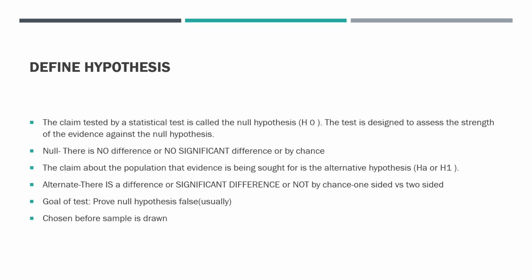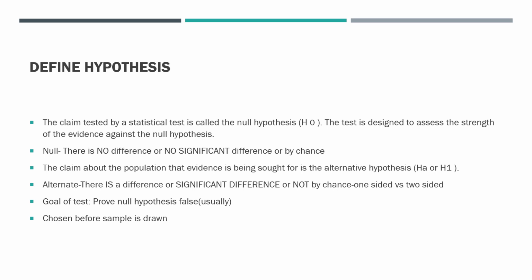So before you jump to do a test of significance, you first have to draw a hypothesis. A hypothesis is a claim. You say that this particular group or this particular test is better than what already exists, or this particular sample of population has some significant history or disease compared to the rest of the population. So that is a hypothesis.